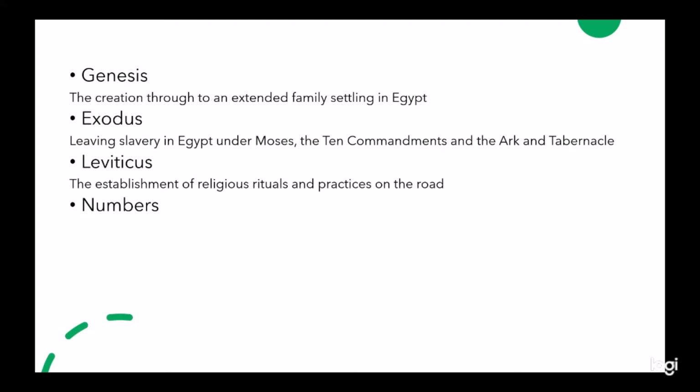Numbers is full of quite specific instruction. It's in many ways the culmination of the story of the Exodus from Egypt, because the journey ends in Numbers. They find themselves at the end of Numbers on the brink of taking possession of the land God has promised to their fathers. So it draws to a conclusion some of the themes in Genesis and played out in Exodus